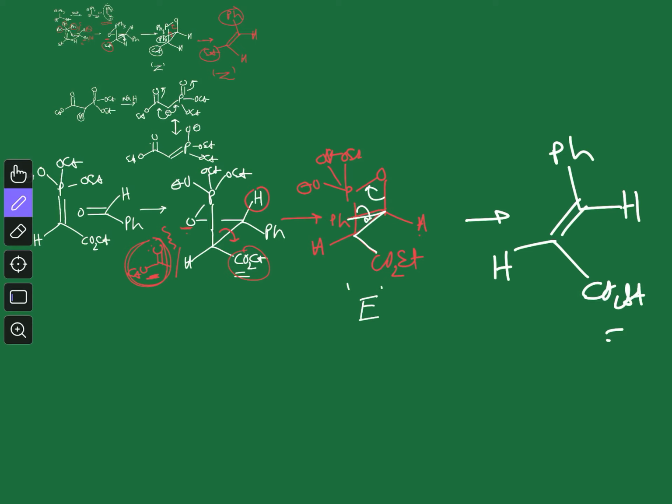So I hope that you understood how you can get the Z product from an unstable ylide and the E product from a stable ylide. Now this understanding is important because you are learning chemistry, so you should learn the actual reason why you are getting a particular product. But the more important thing here is to know the fact that the unstable ylide gives Z alkene and the stable ylide gives E alkene, because in the exam you will get the question and you have to predict the right answer. You don't have to explain it, but at the end of everything you have to know the reason. So that's why I explained it.